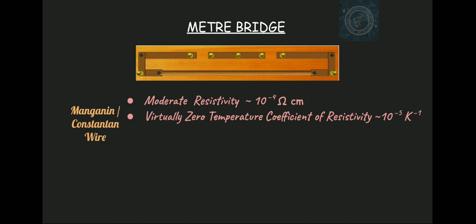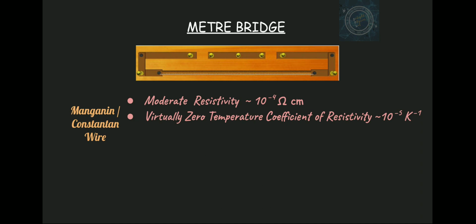Well, the point I am making here is, if alpha is quite high, then as temperature increases, the resistivity of a material increases, as you already know. So I will need a material for which the resistivity will remain constant over a long range of temperature, because this is a practical of electricity, and due to Joule's heating, there is always heating going on as the current flows. If the temperature of the material rises and in turn the resistivity rises, that will be a problem, because my null point will shift, as you can already guess. So I need a material which has very low temperature coefficient of resistivity,